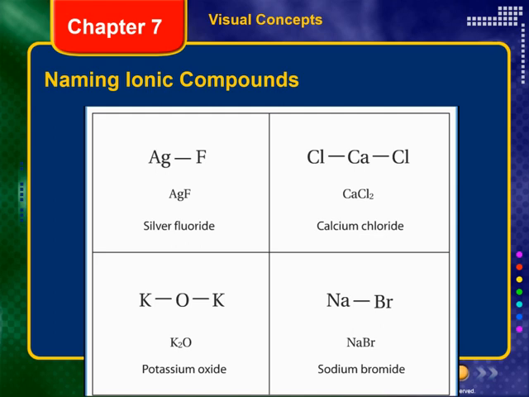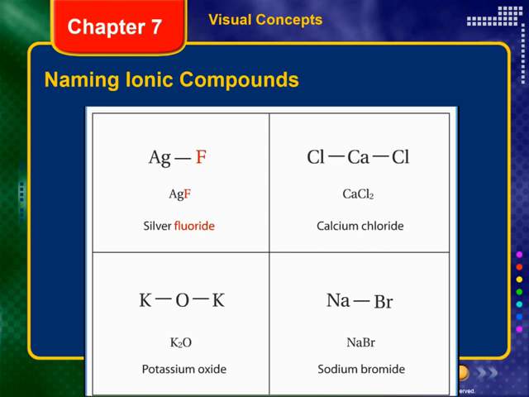So we have silver, represented by Ag, bonding with the fluoride. Remember, for that monatomic ion, we take the name of the element, fluorine, and we replace the last syllable with ide, so fluoride. And for binary ionic compounds, we're done. We've made sure that the ionic charges add up to 0. Silver has a +1 charge. Fluoride has a -1 charge. Silver fluoride. Over here with calcium, calcium is a main group 2 element, so it's going to form a +2